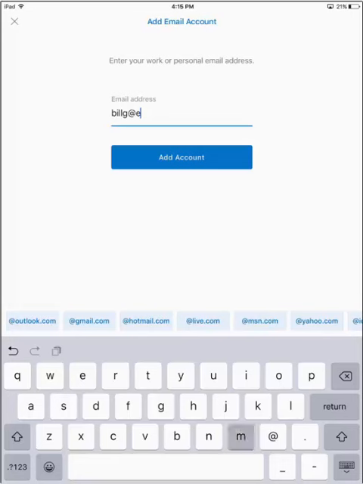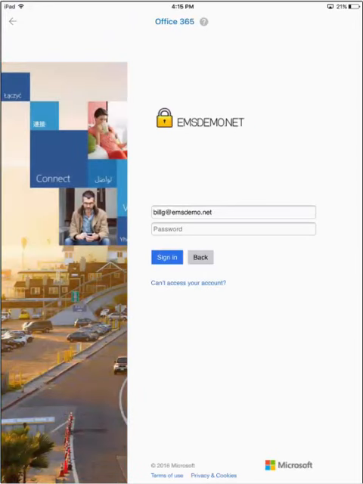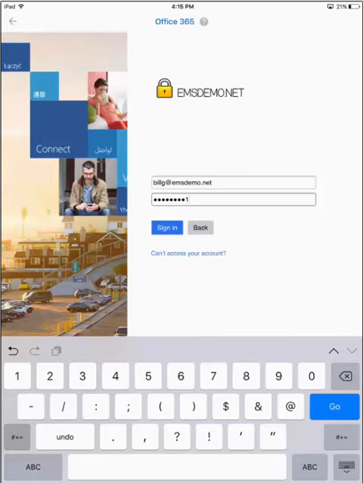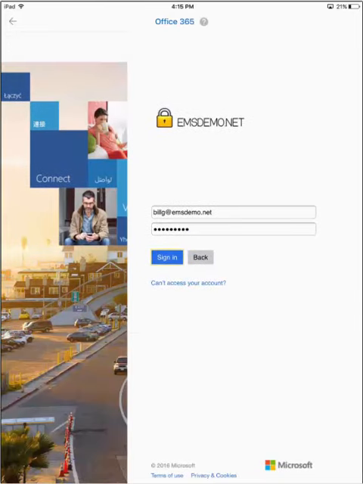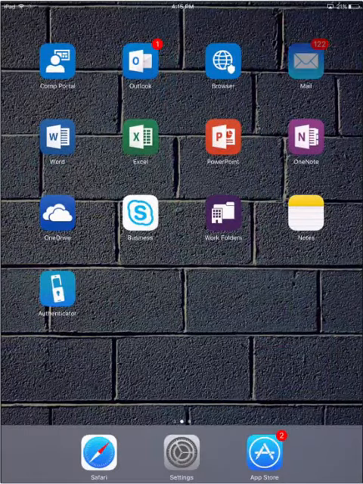So Bill here is going to attempt to log in or set up a profile and connect to his work email there in Office 365. And as he enters his credential here, he's going to get stopped, and he's going to be asked by the Outlook app to beef up his security. Now we could click the enroll here and walk through the enrollment process, but what we're going to do is